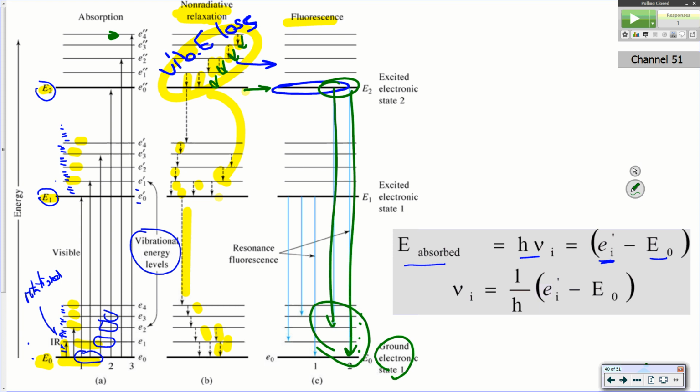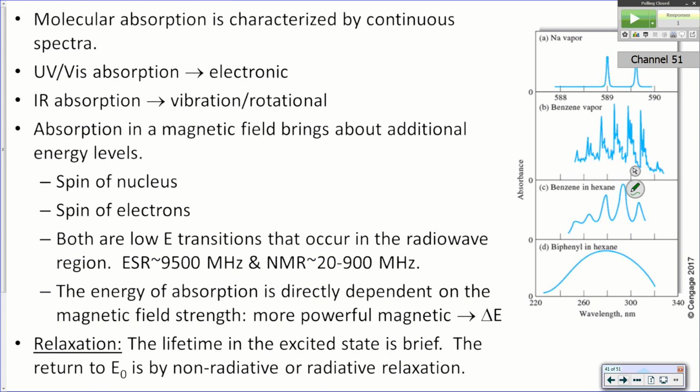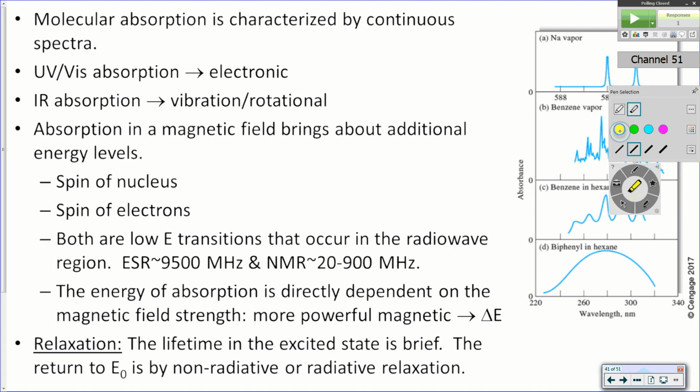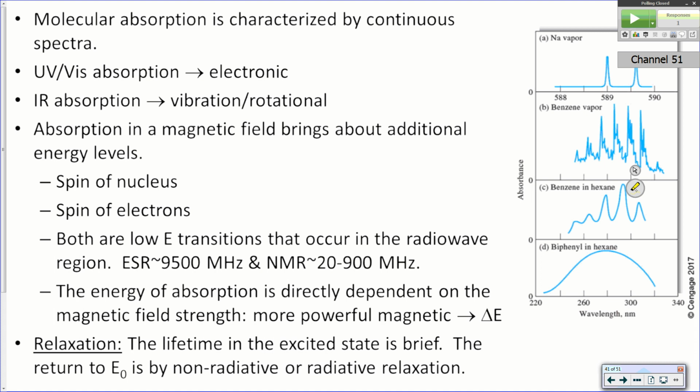So it just kind of gives us an understanding of how molecular spectra differ from what happens with atomic species. So the take home out of that is molecular species are characterized by continuous spectra. And if you look at the old tests, every other year, I'm going to ask you to explain that. So that's something we just have to understand. All right. In the UV-vis, it's electronic transitions. In the infrared, it's mainly vibrational. There's just a few rotational transitions that are coupled with that.